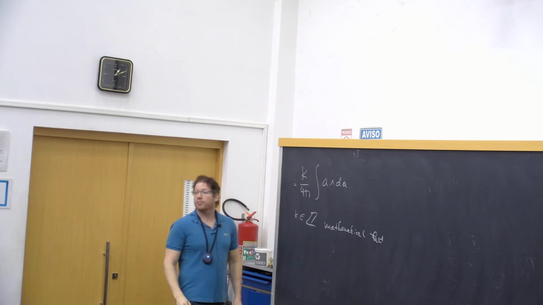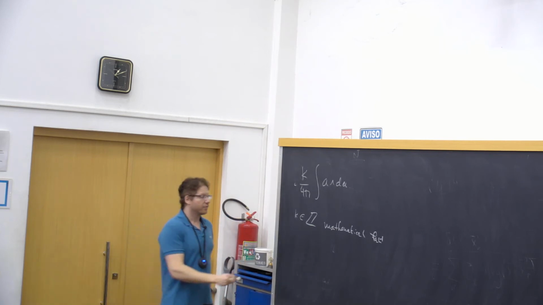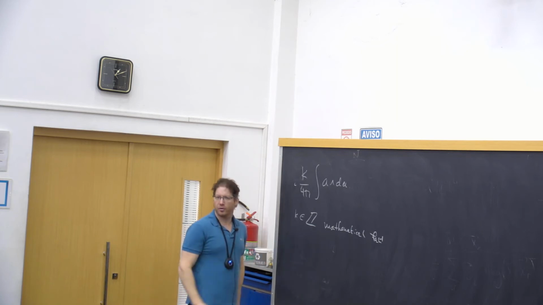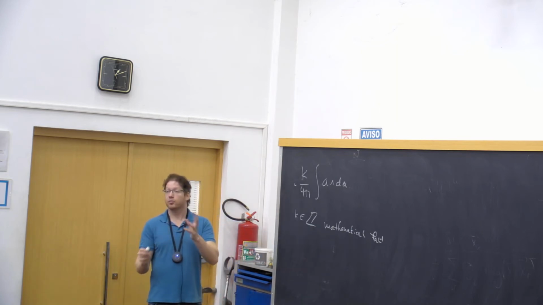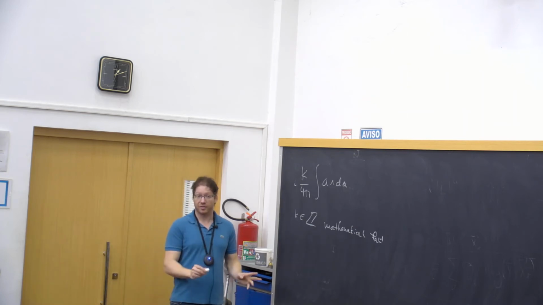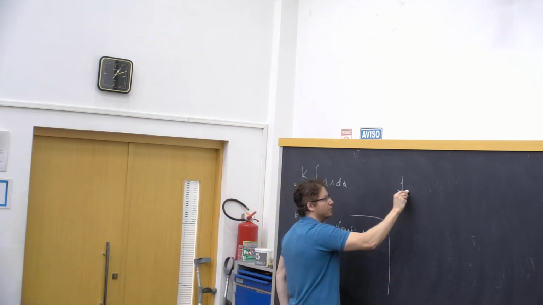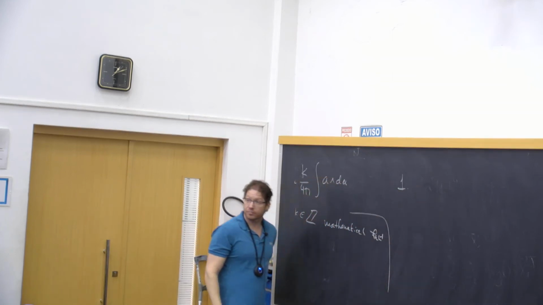But physically, this can be understood as follows. You can understand physically why it's better to have integer k in two ways. I'll give you two or three arguments that would hopefully convince you that you should better take k to be an integer. So argument number one, this is not something that I'll prove, I'll just state.